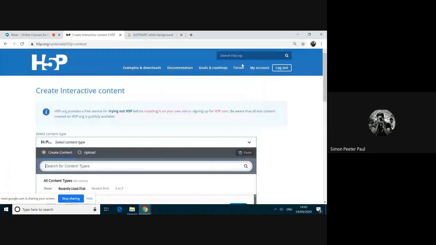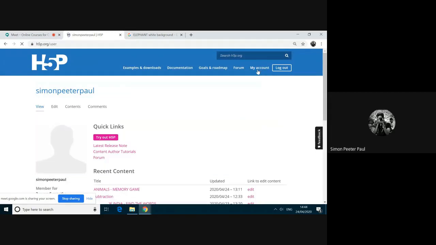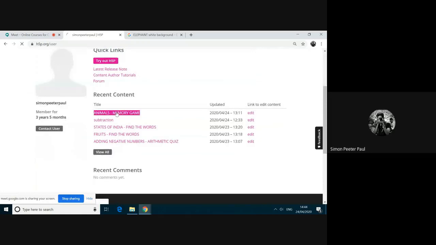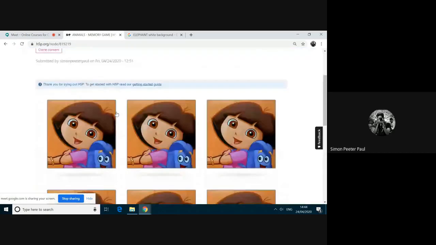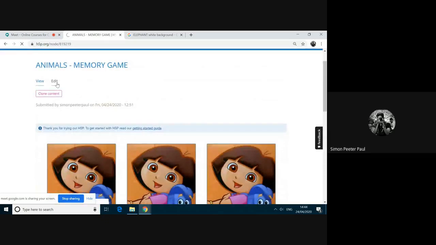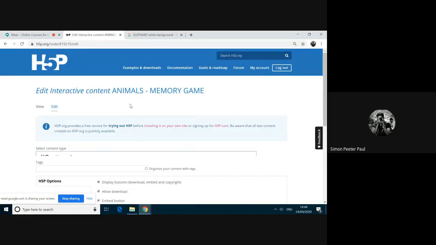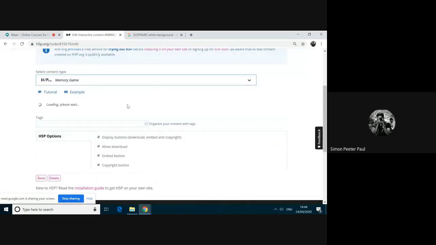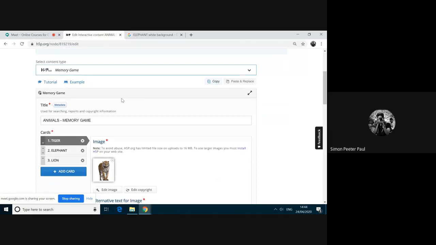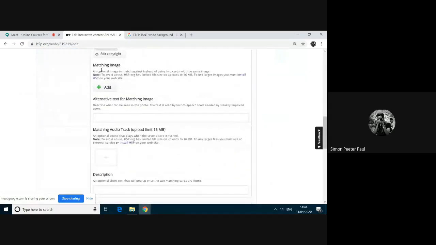Okay, let me show it. I'm going to my account. I'm editing this one. Here we are having some icons, and some questions about the icons. It's very simple. I'm moving down. This one is nothing but the matching image.